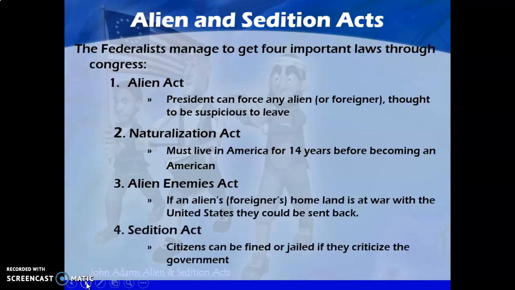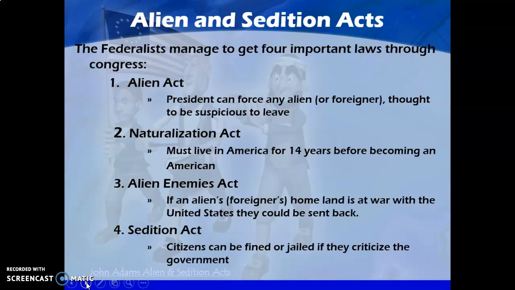So some other things that came out of this would be the Alien and Sedition Acts. You need to know these. You need to know the XYZ Affair. You need to know the Alien and Sedition Acts. So as you see, the Alien Act, and I think you're going to read this most times you do: the president can force any alien or foreigner thought to be suspicious in this nation to leave this nation. The Naturalization Act: you must live in America for not 5, but 14 years before becoming eligible to become an American